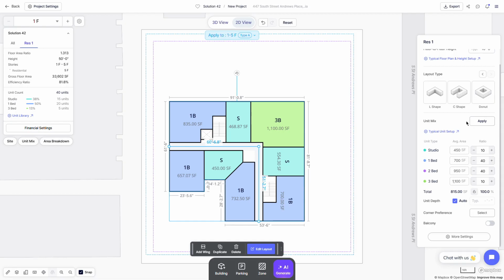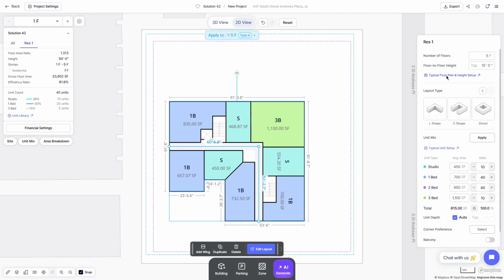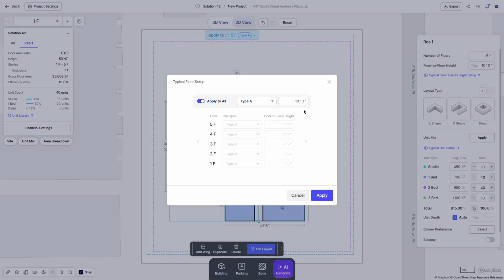Typical floor plan is modifiable in typical floor plan and height setup under the floor to floor height tab. By default, all floors share the same floor type, so the apply to all option is turned on. If you need a different floor type per floor, turn off apply to all, open the drop-down menu next to